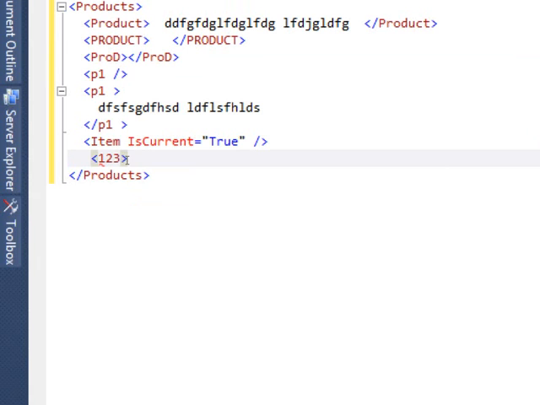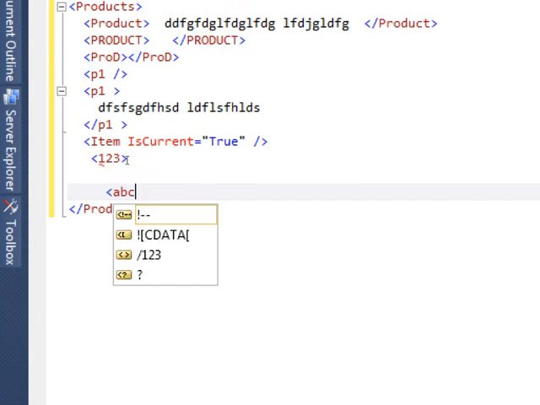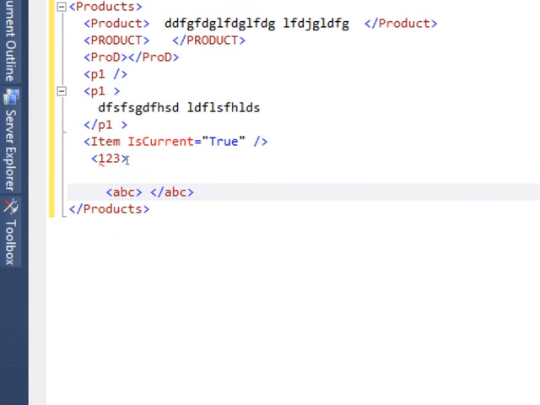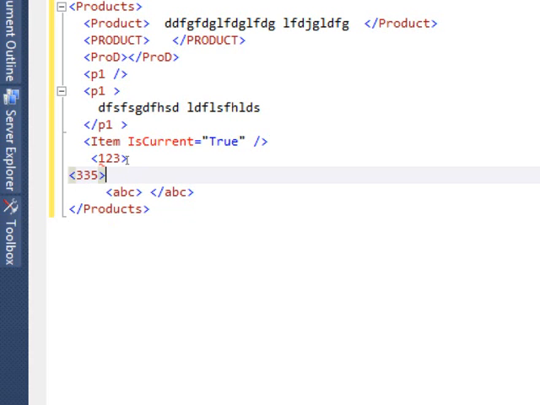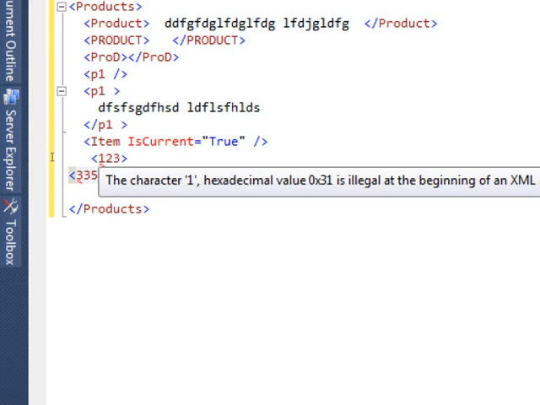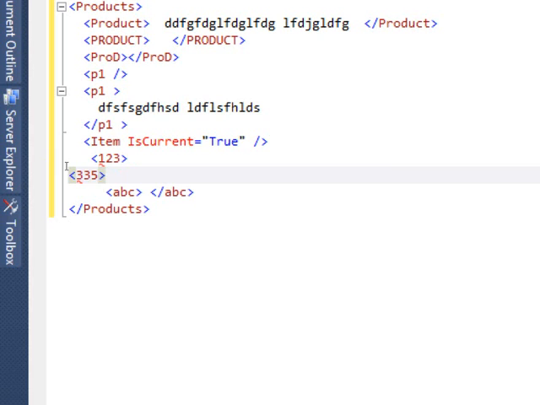you notice the difference. I will type ABC, and the minute I close it, Visual Studio tells me that okay, I'm going to close it. Now suppose I start with some number and then try to close it. Visual Studio keeps quiet. What is the reason? Visual Studio just says that's not allowed. I don't know what you're trying to do. Here, if you keep the pointer over here, it just says no, I didn't get it. You can't start with a number. I think you are already familiar with this from variables. The same thing is true.